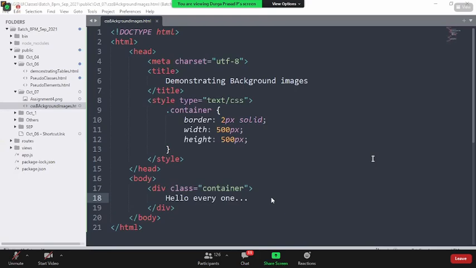Okay, Pravita's suggestion: please inform us what topic we'll discuss the next day and finish these topics, as I think we are going a bit slow. Okay, fine, Pravita, but this is where the problem is. Some people say it is a bit faster, some people say it is a bit slow. In fact, I'm going at a mid range, not too slow, not too fast, to balance the experience.